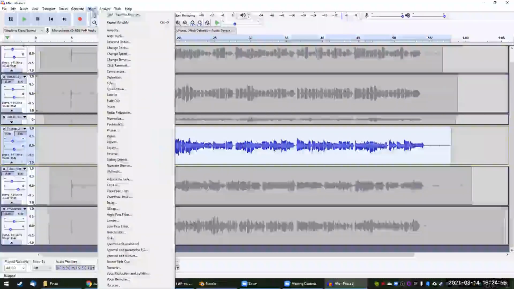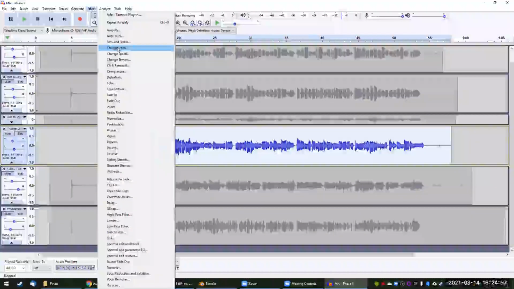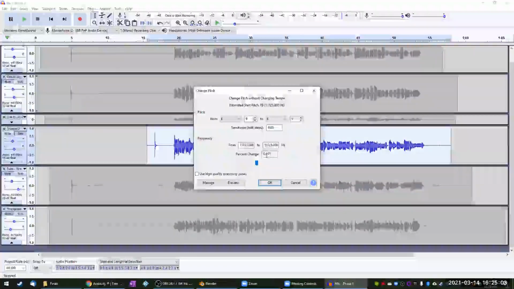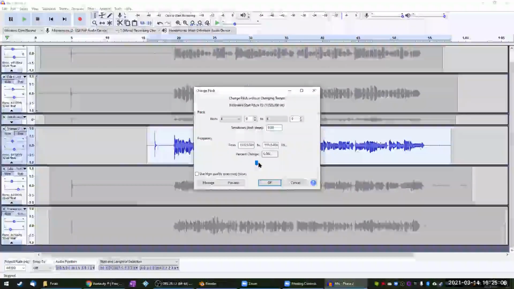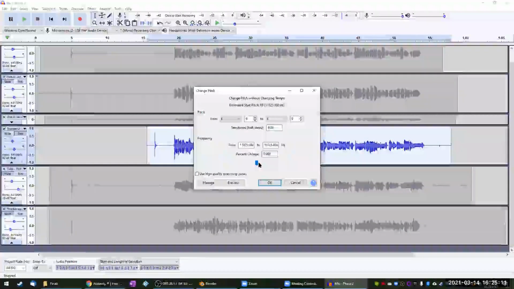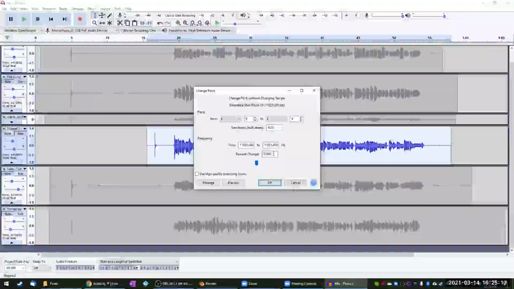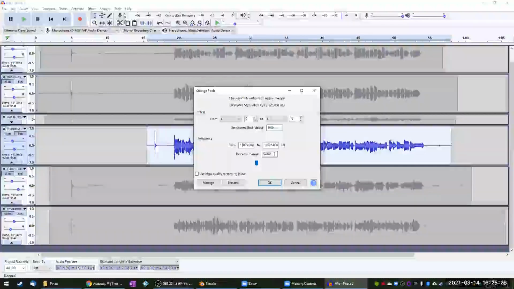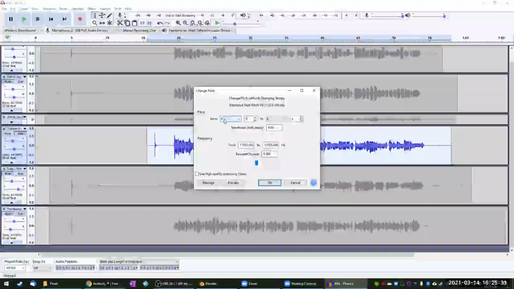And then under effects, you have an option for changing pitch. It does not impact the speed of the track, it's just the tone. And then you have a percent change. And you just have to kind of figure out what the conversion rate is from cents to percent when doing that. But you can certainly tune that up or down a tiny bit. And I found in the past when I've done it, I haven't had to recently because we've gotten really good about tuning, I've only had to go like 0.5% or 0.2%, and then just keep kind of trying it and undoing until I get it just right. And then if you had an entire pitch off, you could certainly change someone from one note to another.